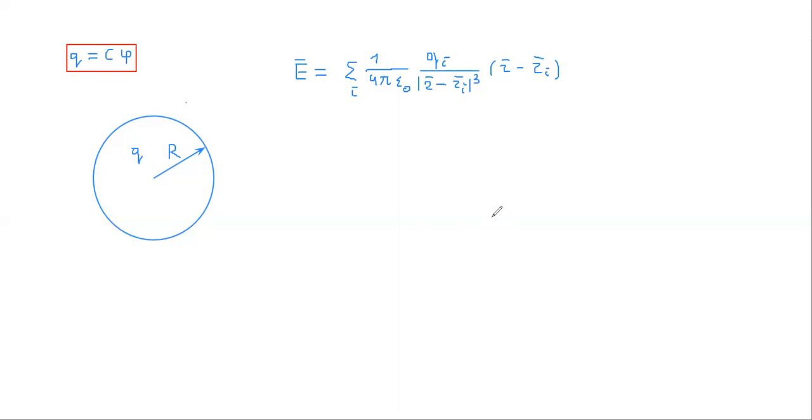But we can see that system, this is a ball or sphere, and it has symmetry. In this case, we can use second way to calculate electrostatic field, and this second way is